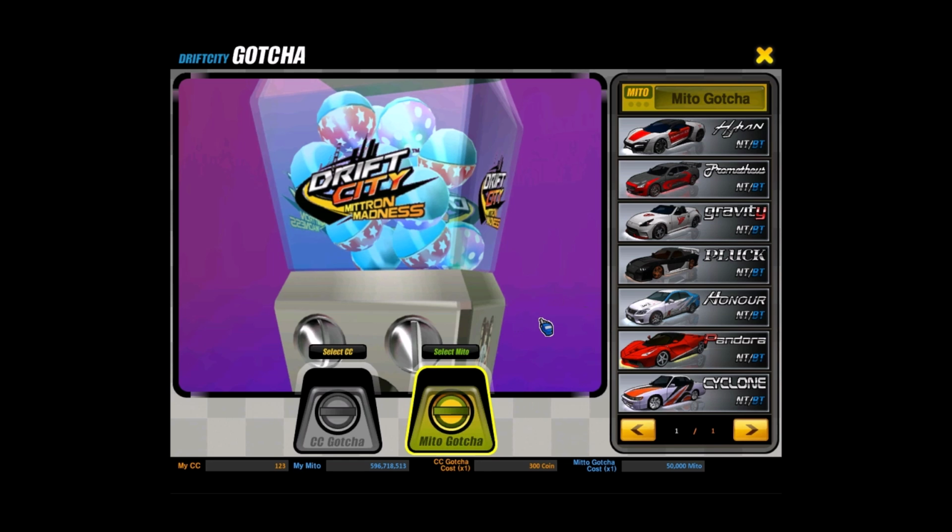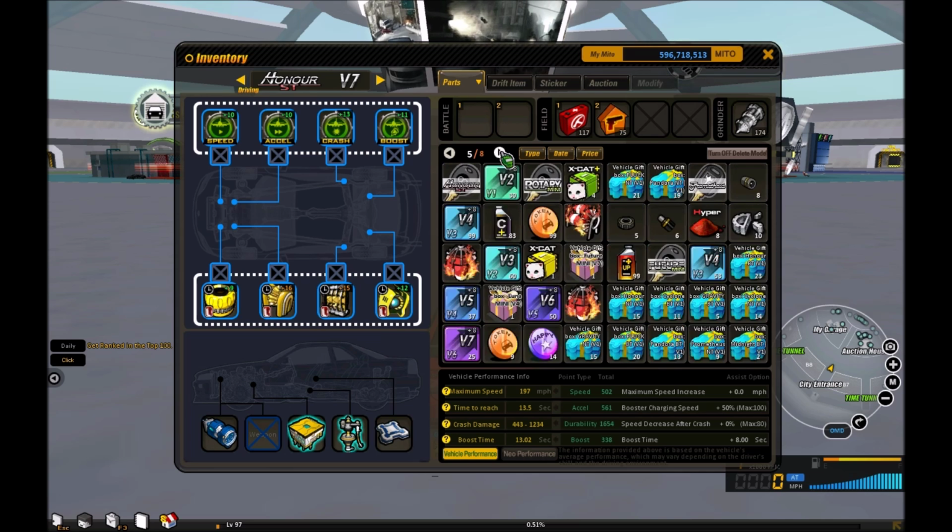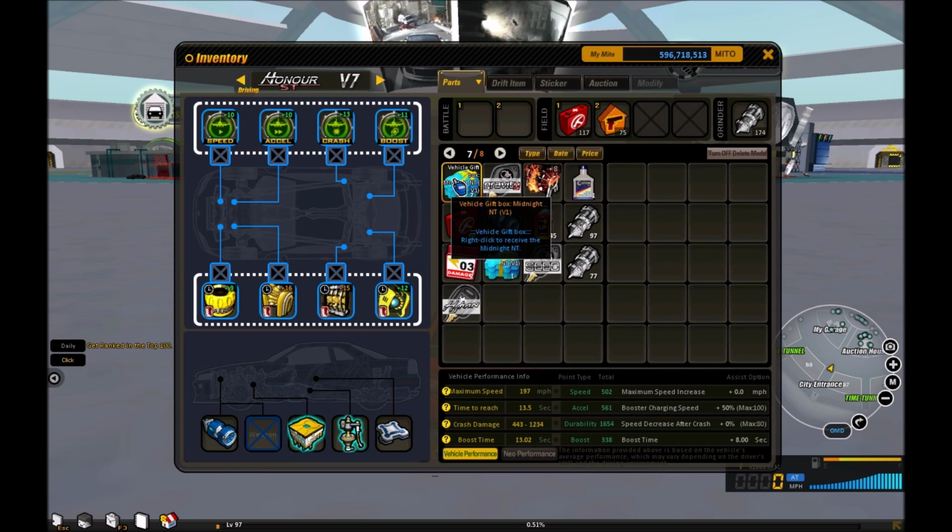And when you play Mito Gacha, you are only able to get normal types and booster types of each of the vehicles shown here. And using CC Gacha, you can get BT or ST. But when you do it, you are guaranteed to get a V1 version of this car. There is no more car parts, and there's no more key parts. Now it's all about these little boxes here,